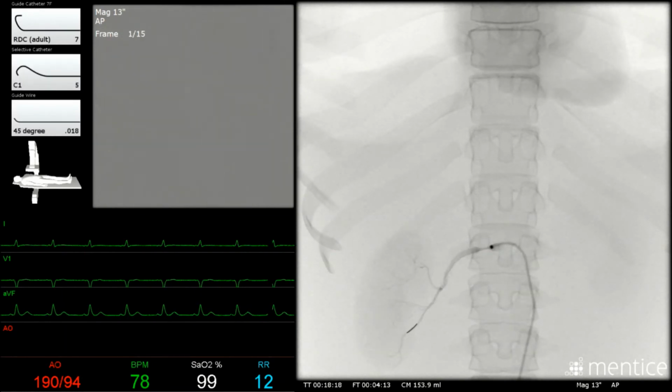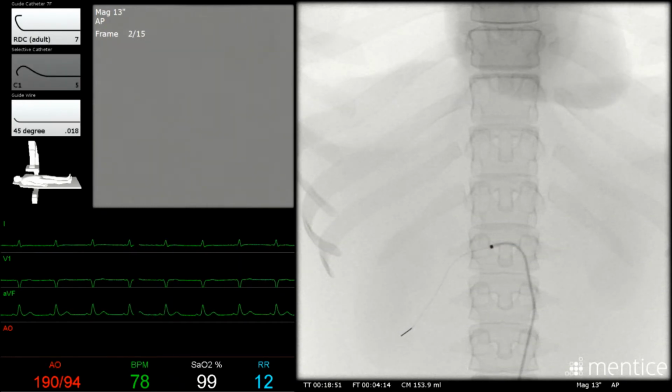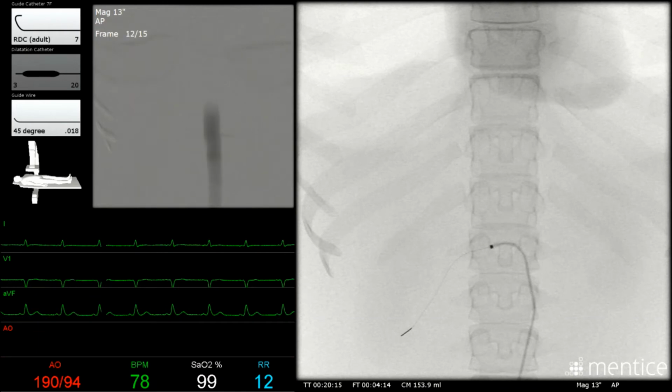However, I appear to be having a spot of trouble doing this cleanly due to being a novice and also due to my assistant abandoning me. So I'll fast forward through this mess until I'm in my desired position. So now that I'm happy with my guide wire and guiding catheter position, I can now begin to treat the